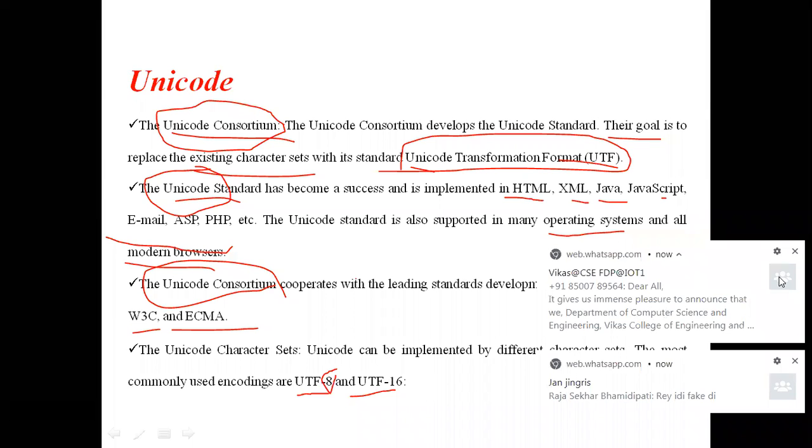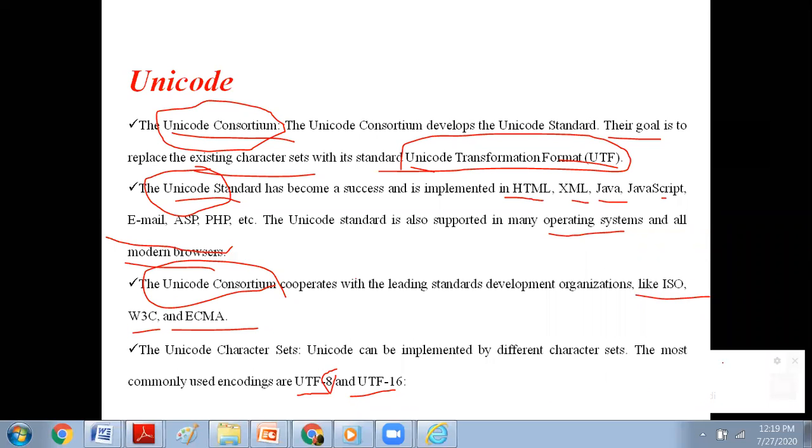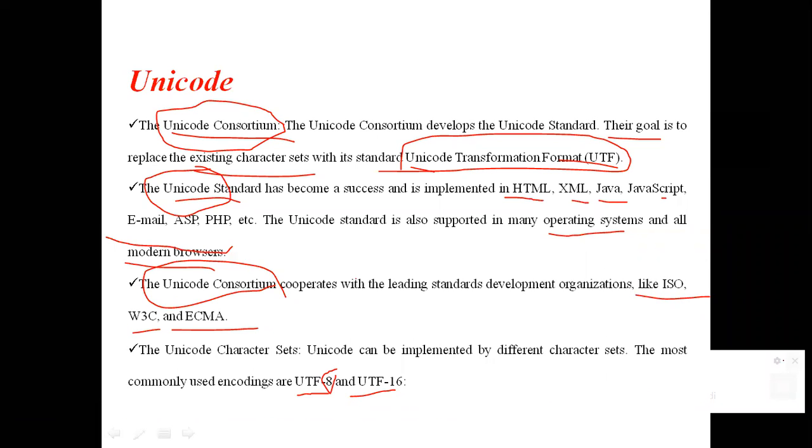For example, if you take the capital A, in UTF-8 the capital A is converted into an 8-bit code. 8 bits will be used for representing capital A. In UTF-16, 16 bits will be used for representing the capital A. Like that, UTF-32 is also there, where 32 bits are used.